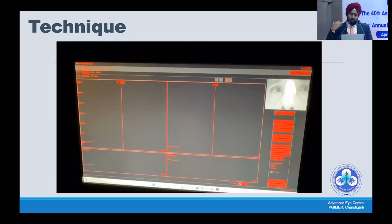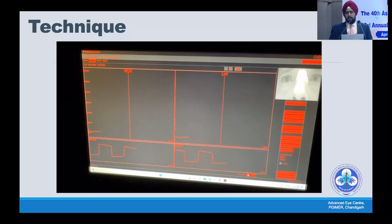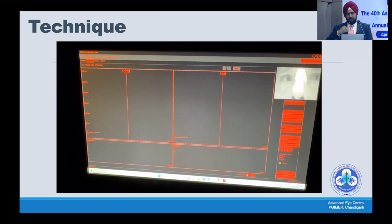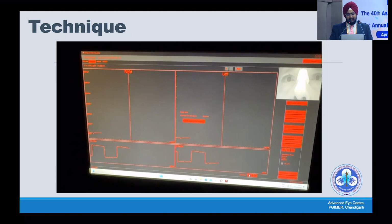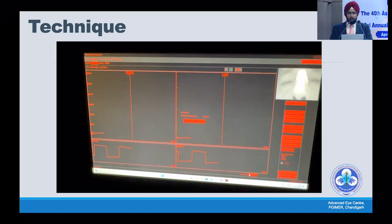and the difference that comes once we turn on the lights, after 15 minutes of dark adaptation followed by 15 minutes of light adaptation. And once the light adaptation starts, the difference in the potential starts to go up, and that is the light peak to the dark trough that we want to measure in this. So 2 steps to this. After putting in the electrodes, take the patient into dark adaptation, 15 minutes in that, and then switch on the Ganzfeld light, and slowly the patient light adapts and the potential keeps going up,